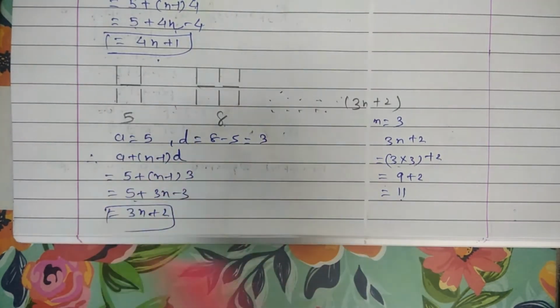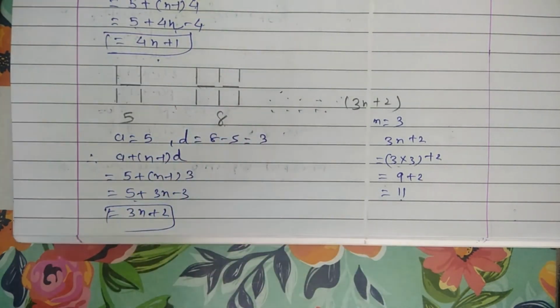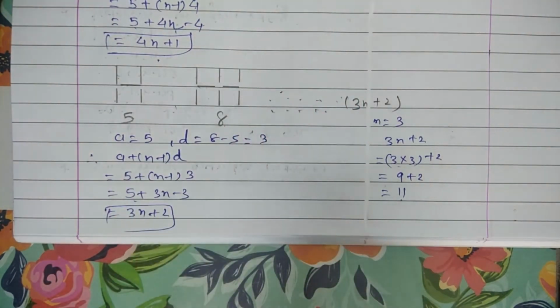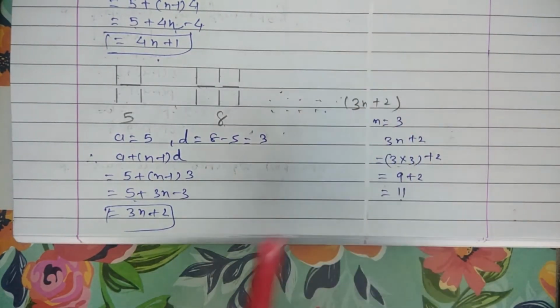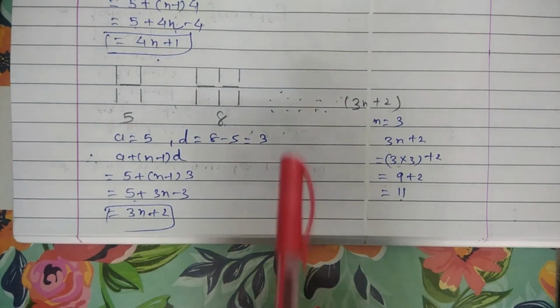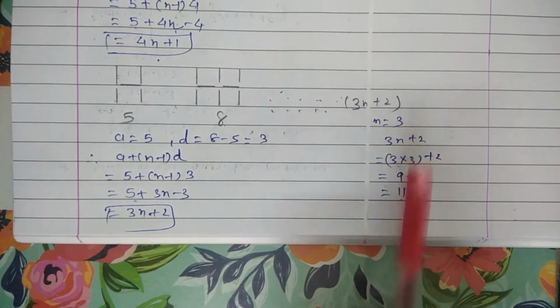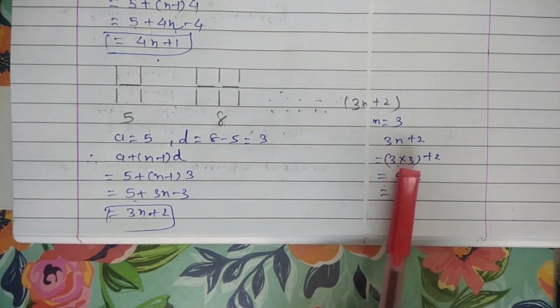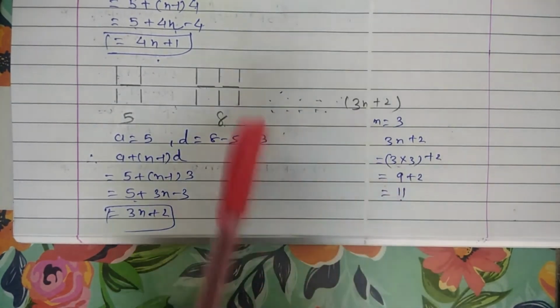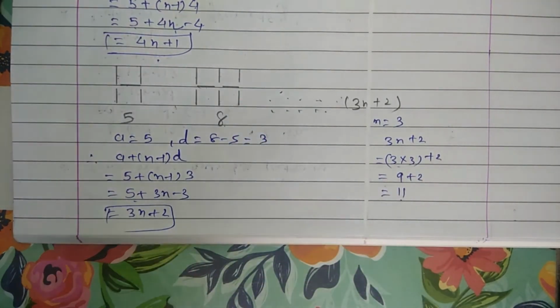So now, for example, for three shapes we have to form 3 H's. So here we have to take n is equal to 3. From this expression we can find how many line segments are required to form 3 H shapes. So 3n plus 2, that is 3 multiplied by 3 plus 2, and 3 3s are 9, plus 2, that is equal to 11. So 11 line segments are required to form 3 H shapes.